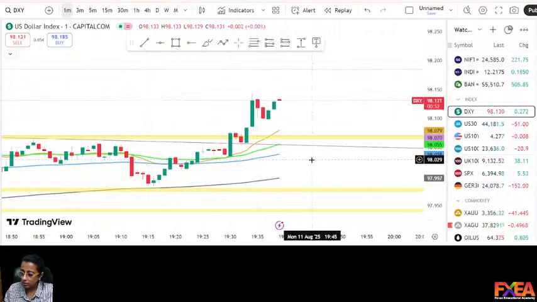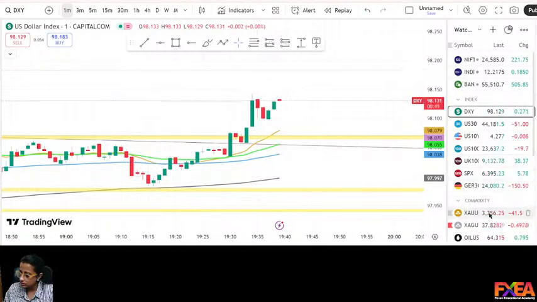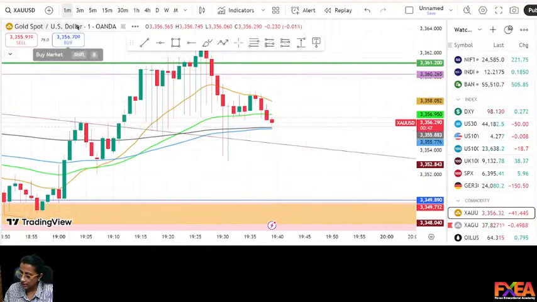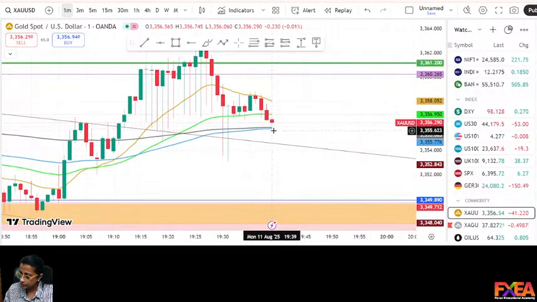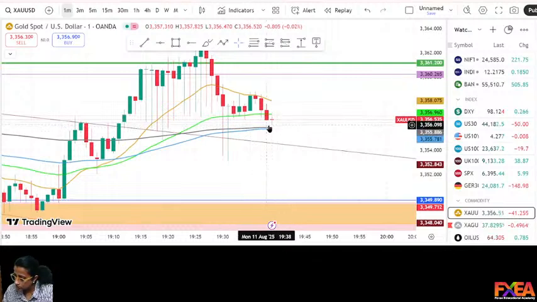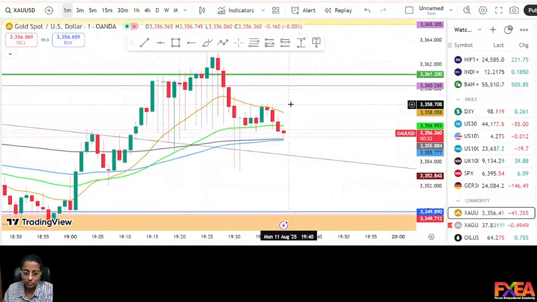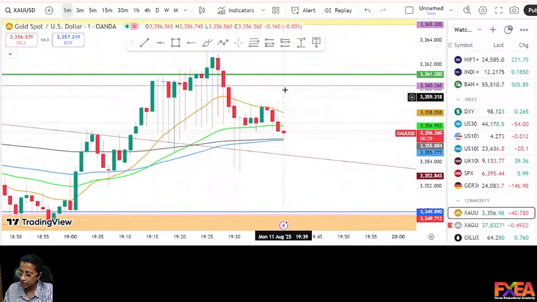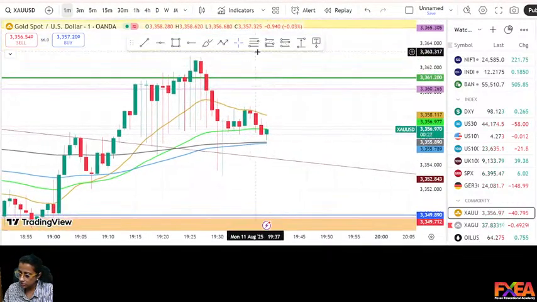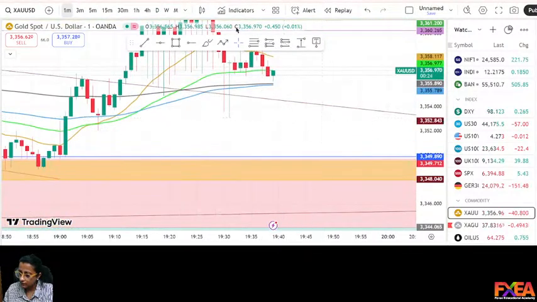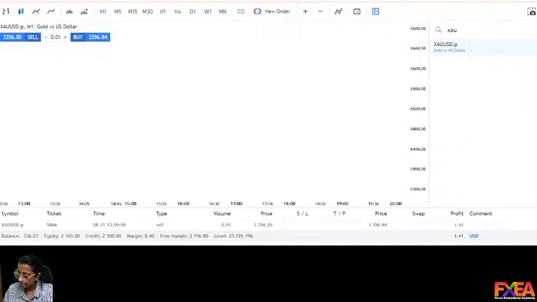Gold right now, what is the situation with gold? Just randomly I opened the 1 minute time frame. Now it is respecting the 1 minute papa. So I'm just closing the trade here because even though it is a very small time frame papa, it's in this range, and I don't want to take too much risk in this range. My trade was below the previous level which I explained. I got 1.36 for 1 micro lot and closing it now.